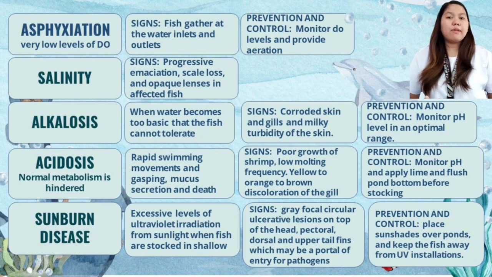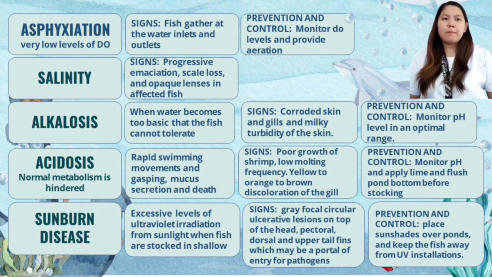So next we have our acidosis. Acidosis is caused by a drop in the pH, a level too low for the species being cultured. Clinical signs associated with acidosis include rapid swimming movements and gasping, increased mucus secretion, and death occurs very quickly. Those shrimps that are affected by acidosis show poor growth, low molting frequency, and yellow to orange to brown